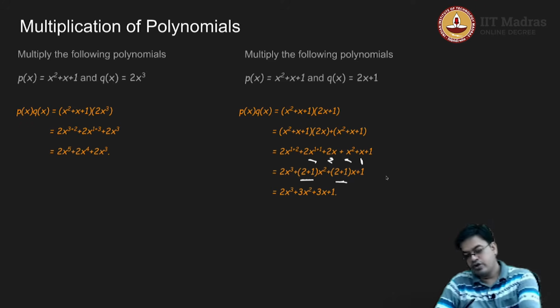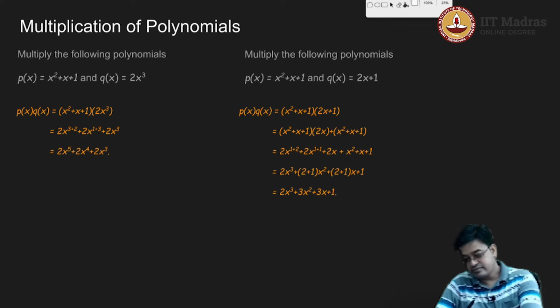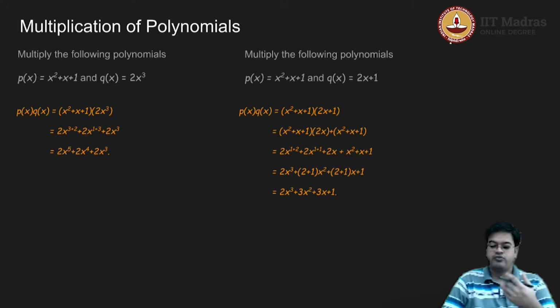So effectively what we have done is we know how to multiply the terms term by term, and finally if at all I want to seek an extension of a FOIL method, it will be a term by term multiplication of polynomials. That means you take the polynomial of least degree and multiply it with the polynomial of highest degree term by term, add those terms, match the powers, and then write your answer. So this is one prototype that we can follow for finding multiplication of polynomials or result of the multiplication of